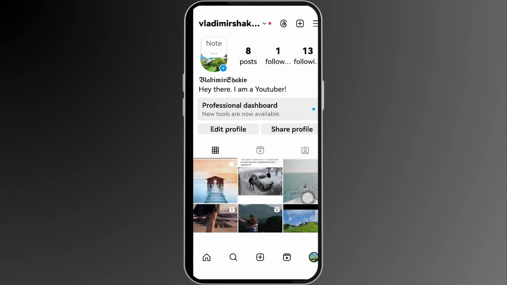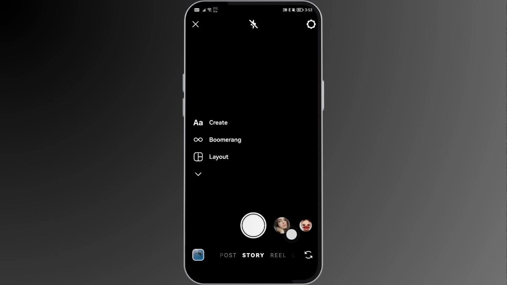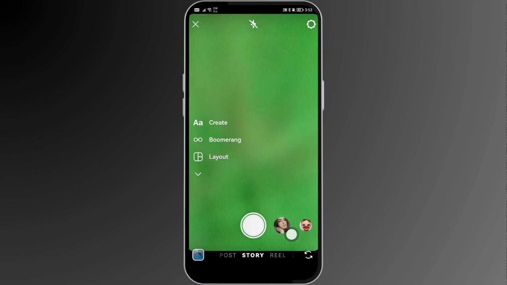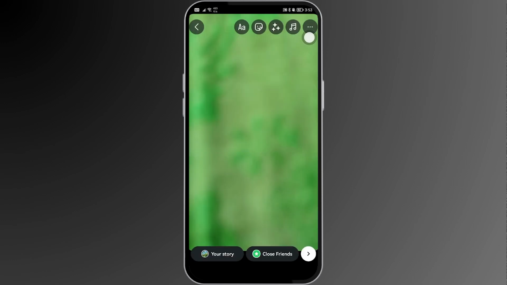Now another way in order for us to get this done is just by tapping the plus sign once again, going to the story, and here I want you to go ahead and take a picture. Any picture is going to be okay. I'm just going to tap here. There you go. And then we're going to tap this three dots at the top right,